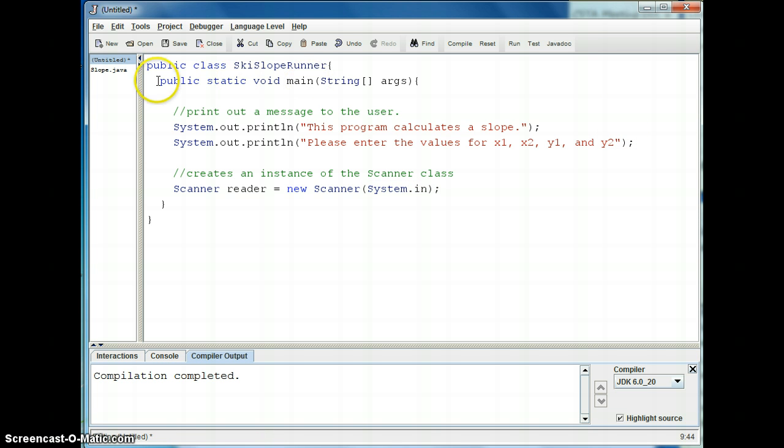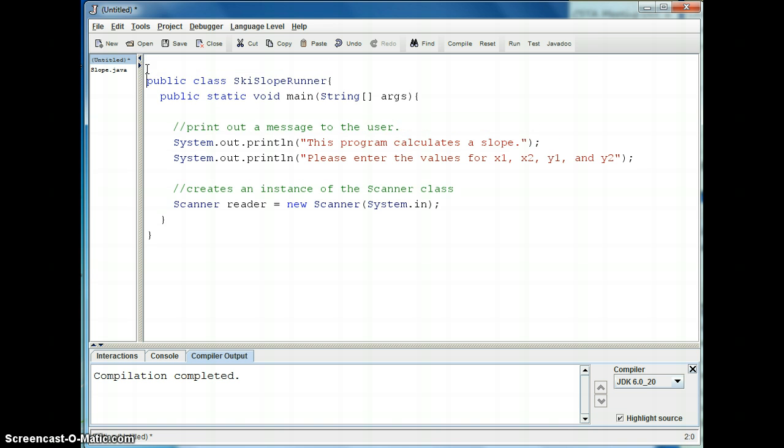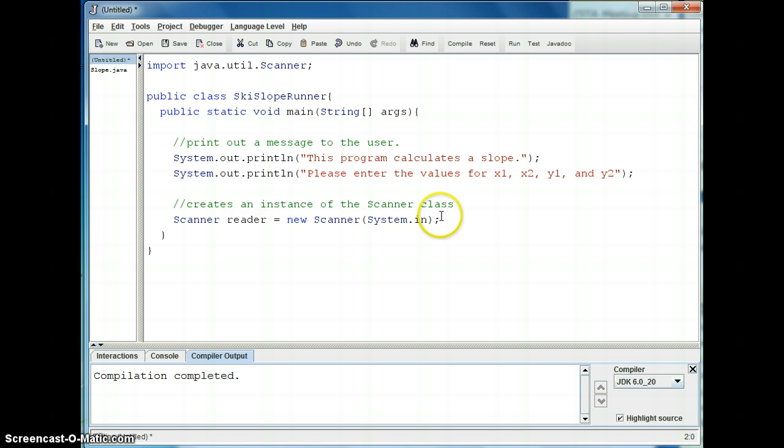And then of course we'll have to do an import statement to import the scanner class. So we'll say import java.util.scanner. And we'll come back down here,